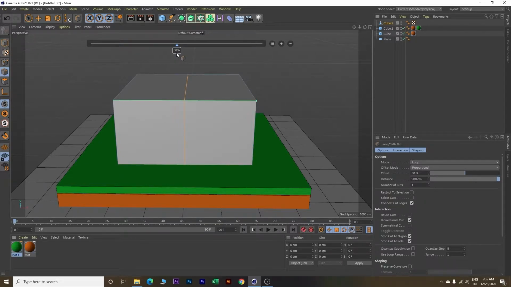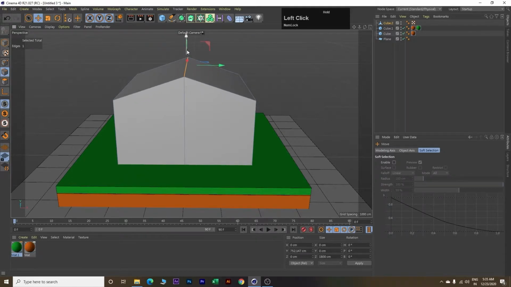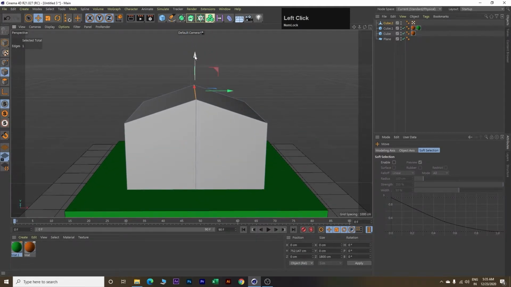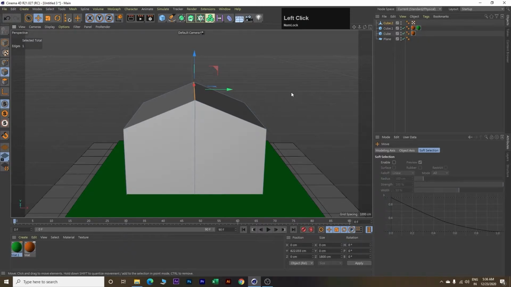This 50 value will ensure that the cut we have made in this edge is right in the center. Next, click E on your keyboard. Select this edge and move it upward. Okay, this looks good. Move it a little more upward. A little bit more. Okay, this looks good now.